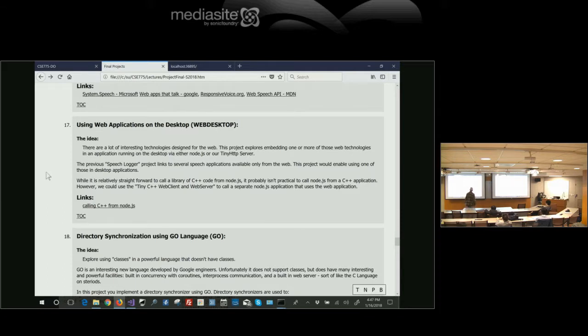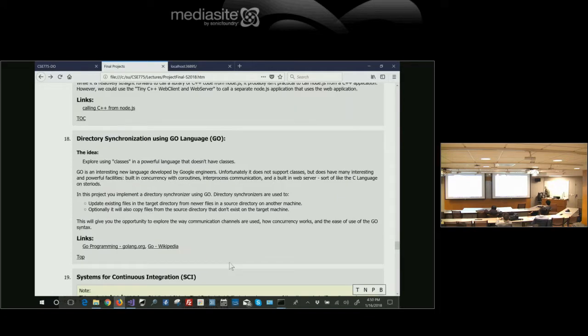Directory synchronization using the Go language, or the new language of choice, whatever you want to use. There's a whole bunch of them. Rust is a language that Mozilla is developing. It's supposed to be a system programming language. Go is interesting. Go is like C on steroids. I have a love-hate relationship with Go.